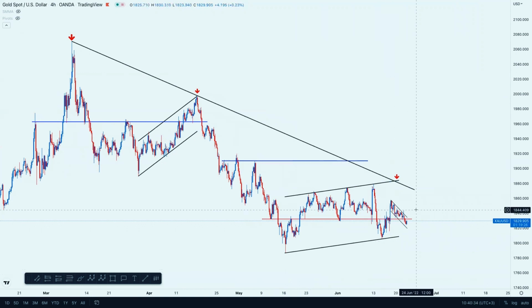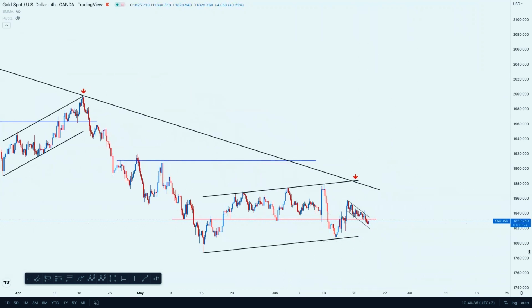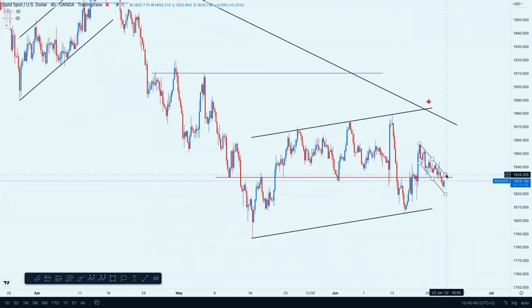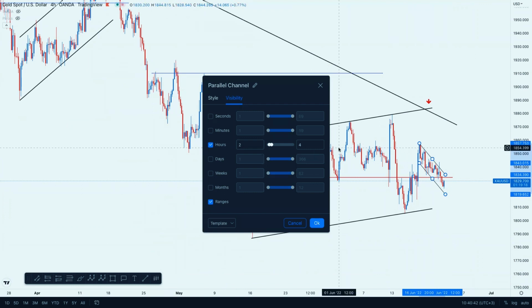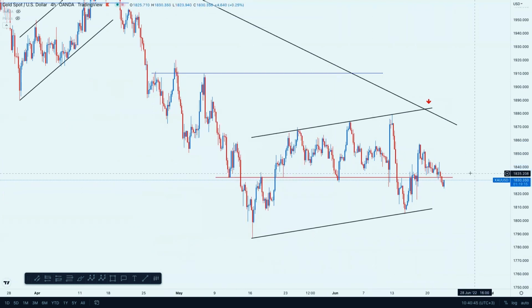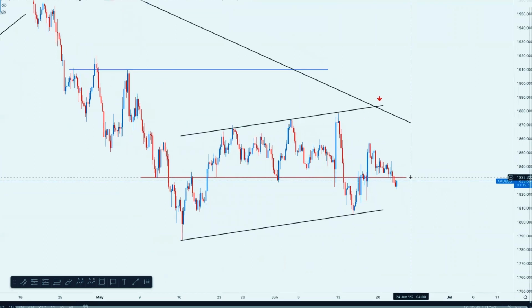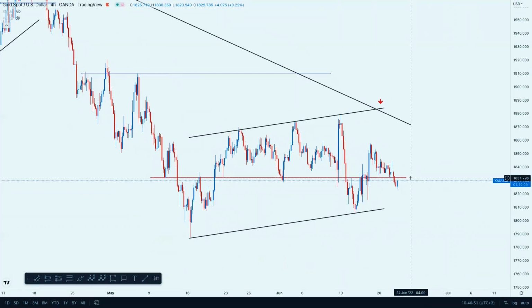The market didn't really get to that point, and I saw the market trying to break below an important key level. Let me do away with this, I don't need it. We're trying to break below this level, the 18... We're not even trying, we've actually broken below the 1830 level. So this is an important level you need to pay attention to. The market has broken below it, and now I want to see if we can remain below, or break back above.